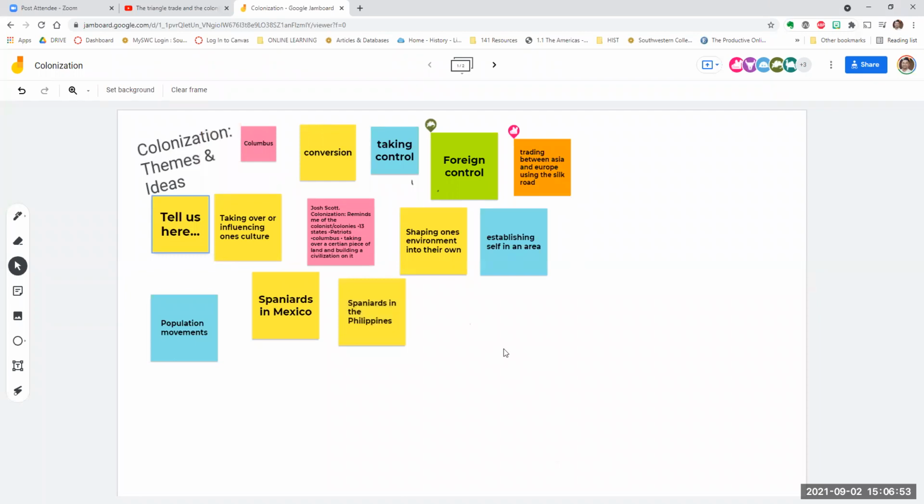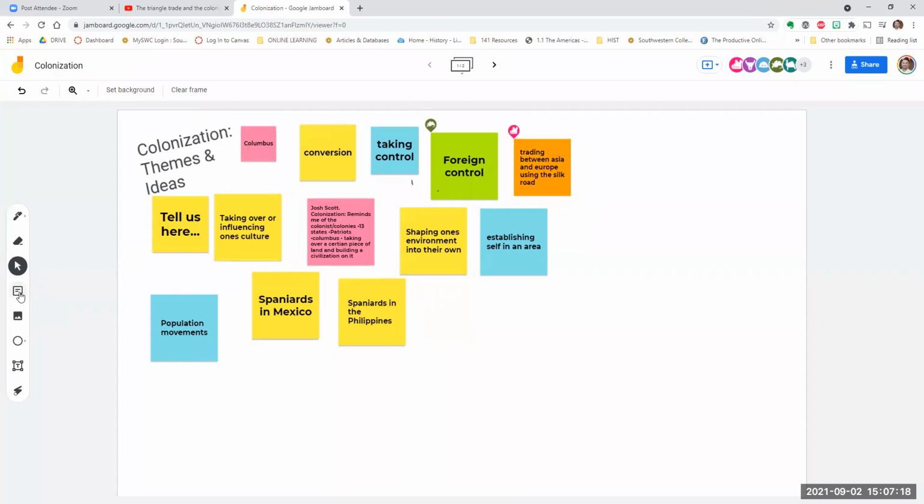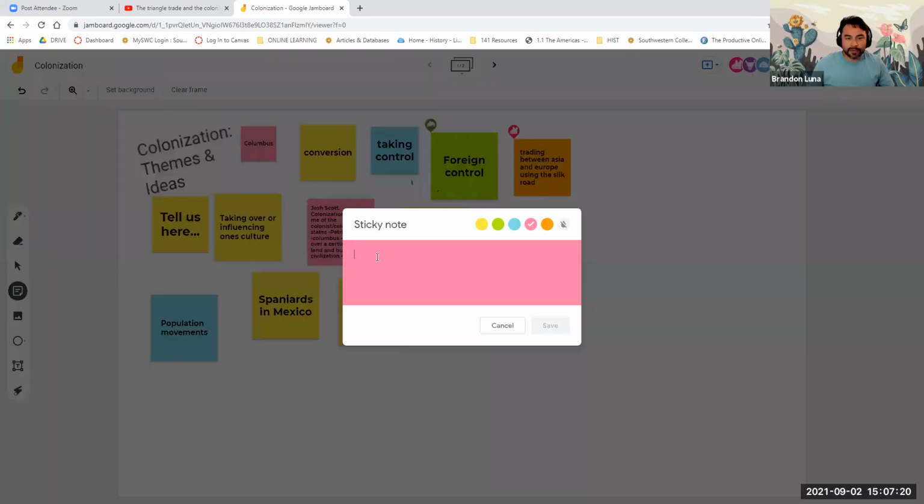I know if you selected the pen and we're moving it around, it's all good. Do I have to contribute writing this here for you? Yeah, if you'd like. Did you have something you wanted to share, or do you want to wait until later? Once I say something, you write it down here. Yeah, so what you want to do is, can you see my cursor? Yes. You'll select sticky note here, and then you're gonna type whatever ideas you had relating to, or any ideas or thoughts about the term colonization.